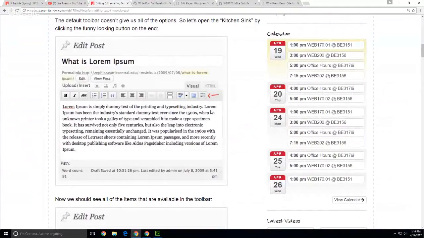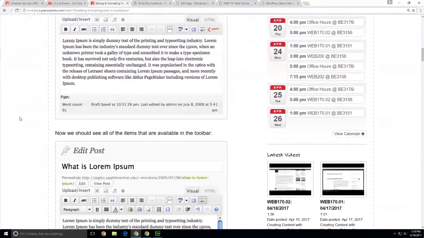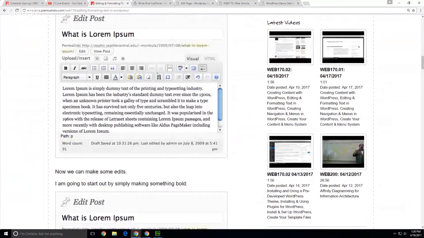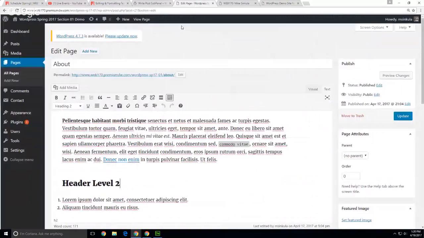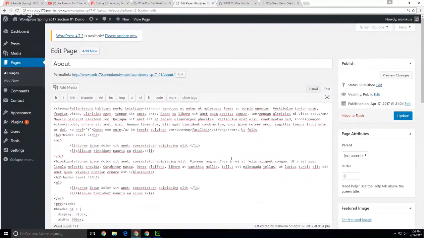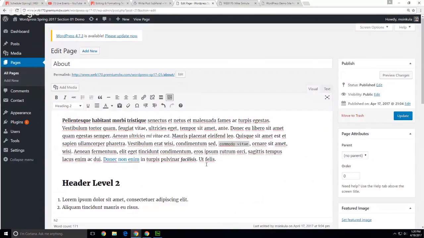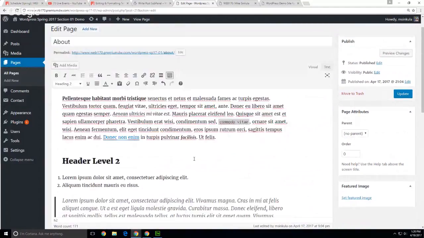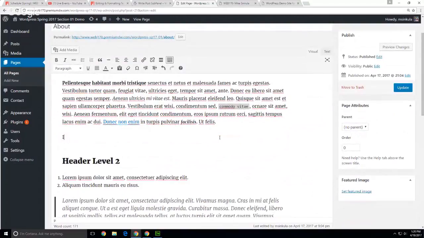So in this text editor, if we hit that toggle button, we should then be able to see the whole kitchen sink of buttons, etc. in here. So if we're in here, let's say we want to make a word bold. Great. It's just like Microsoft Word or whatever. We can bold it. We can italicize it. And if we do this kind of thing, then it is going to put the tags around whatever word, right? So this visual editor right here basically acts a lot like Microsoft Word, where I can then